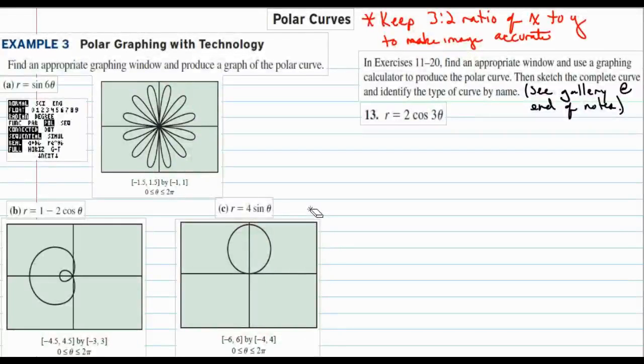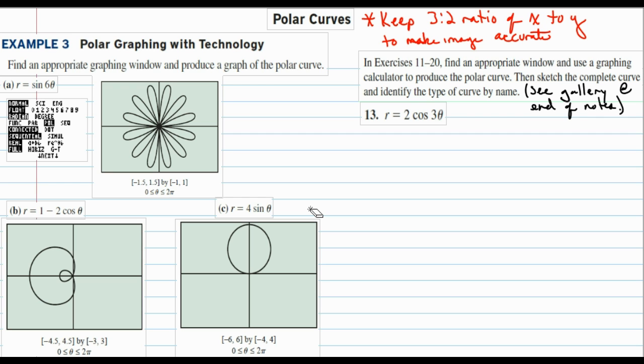This is the screencast for section 10.3, example 3, polar curve. So now we're going to graph with technology or our calculators. We're going to find an appropriate graphing window, which I think is the trickiest part, and produce a graph of the polar curve. So a trick that I think is good for finding windows for polar curves is thinking about